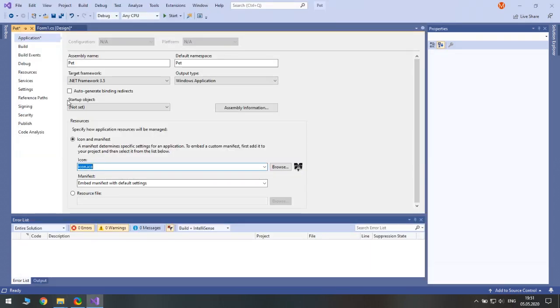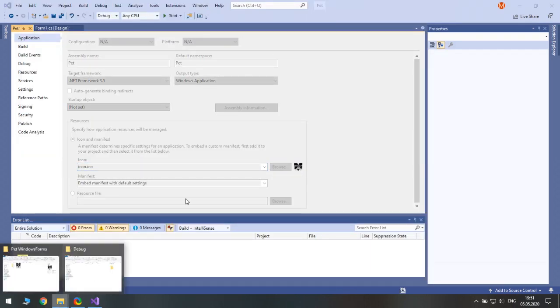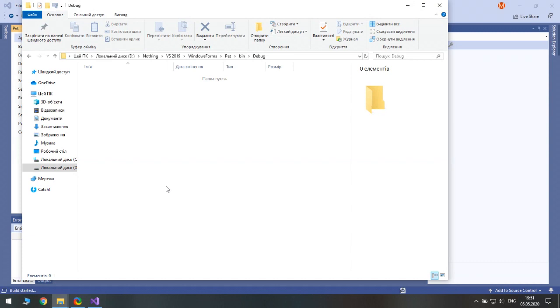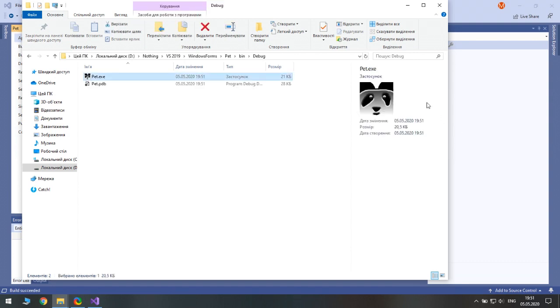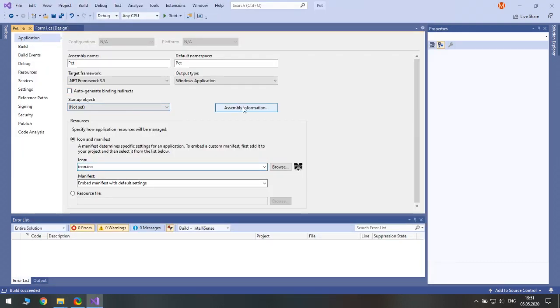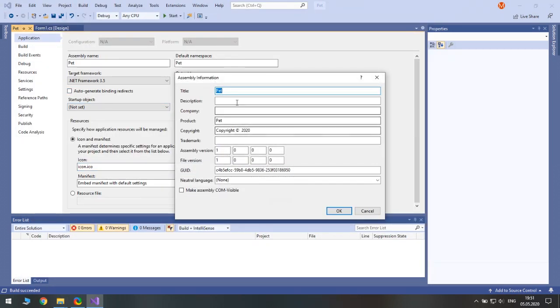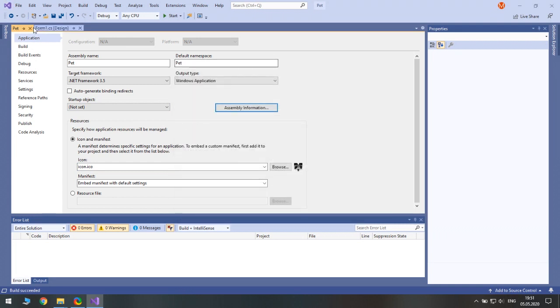And once we build it, you see here our icon. Alright, maybe something in assembly, copyright, no, nothing here.